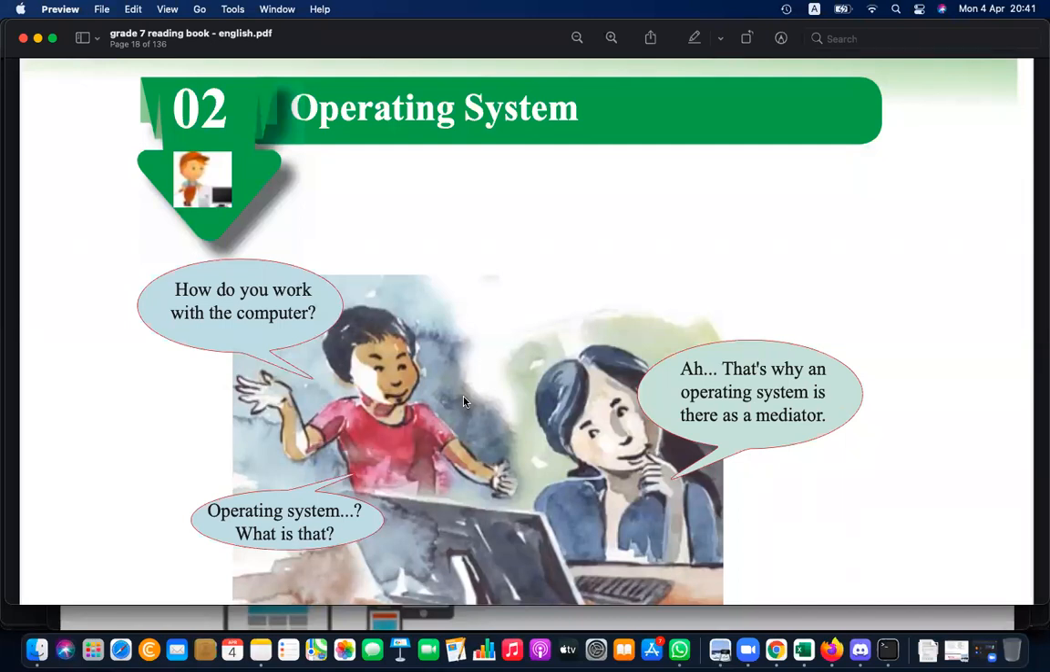Just define it. What is an operating system? Controlling hardware and software and providing a user interface are performed by an operating system. Can you repeat again? Controlling hardware and software and providing a user interface are performed by an operating system. Controlling hardware and software, that is correct. Providing a user interface, that is also correct. More simply, you can say it is a middleman or mediator between the